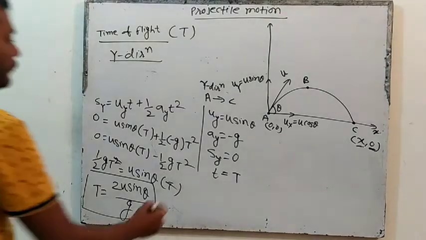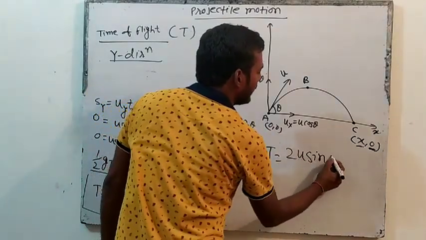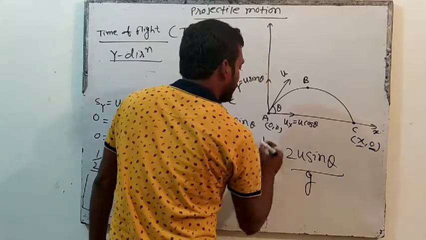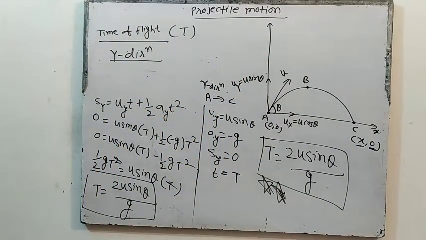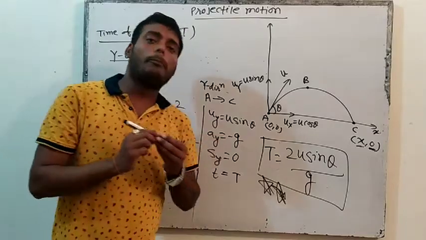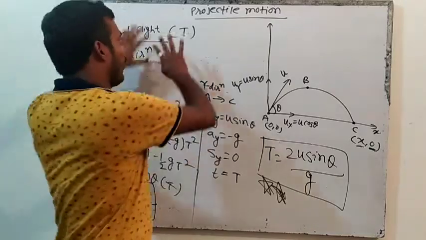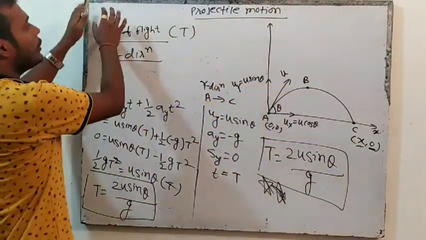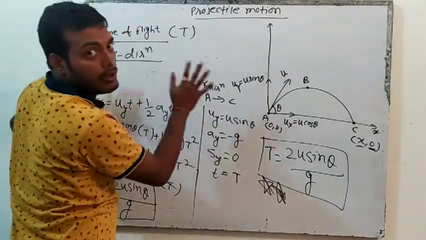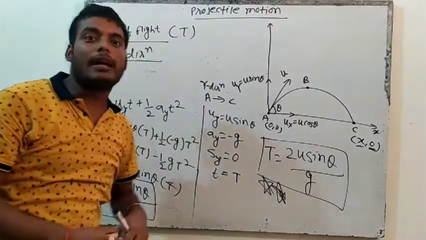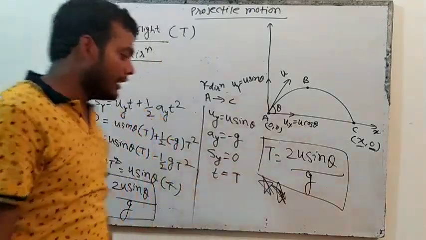Are you able to understand? So what will be the final equation of time of flight? T is equal to 2u sin theta by g. This derivation is important and this formula also you have to memorize. This is a very important formula. I will write a lot of formulas in physics, so you will make a sheet. You will take a long sheet like this and write formula 1, formula 2, formula 3, formula 4, and then attach it on your wall. Stick it on the wall of your house, and then every morning you have to revise those formulas. Clear? So T will be equal to 2u sin theta by g.